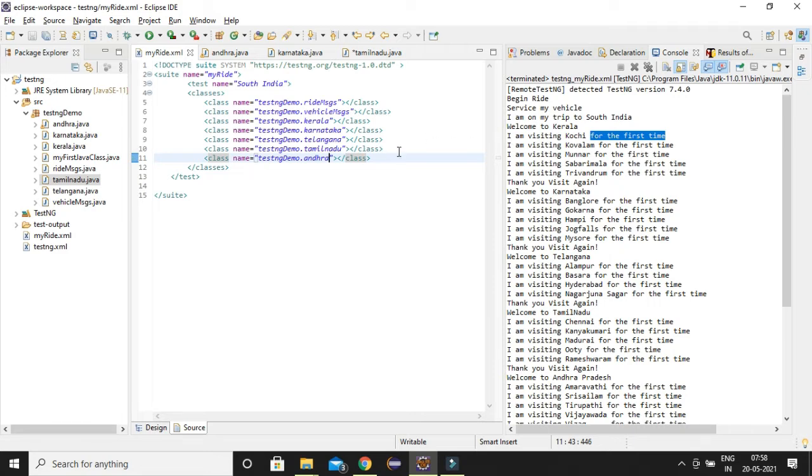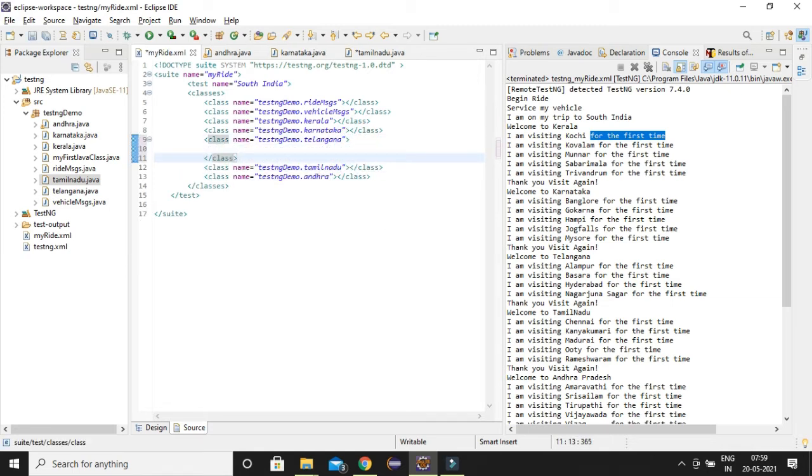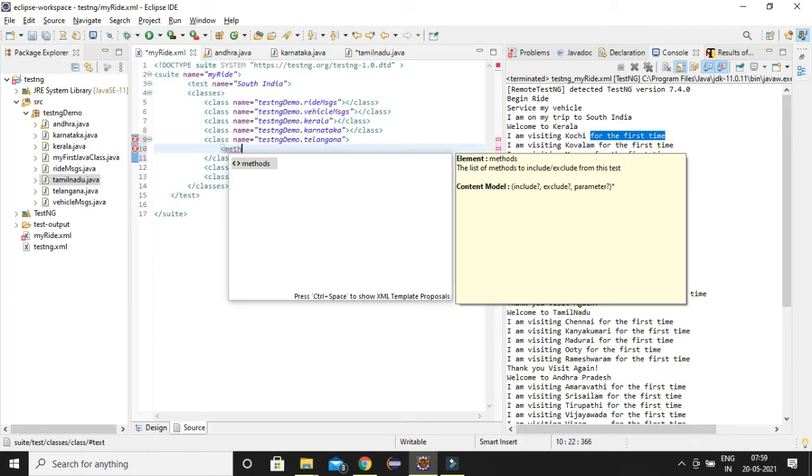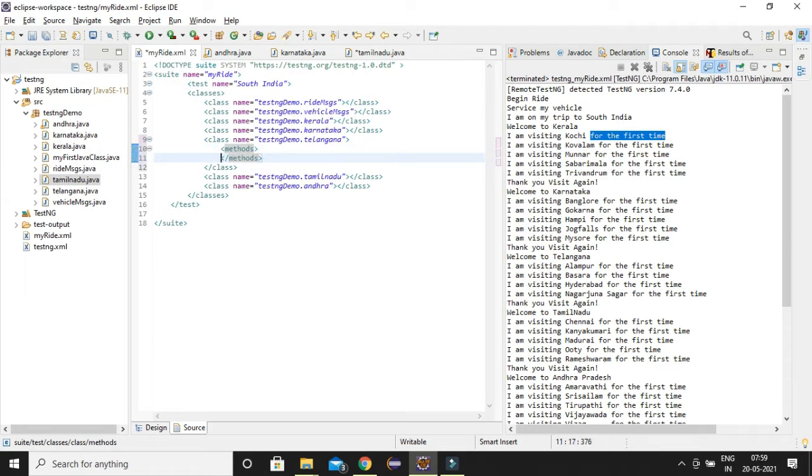Before going to execute the groups, I just want to introduce you to one small concept. We have seen that we can call a class so that all the test methods inside that class get executed. But if you want to run only a few methods, then I can have a methods tag.